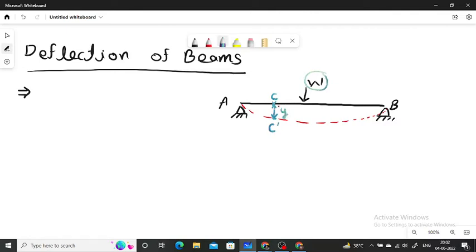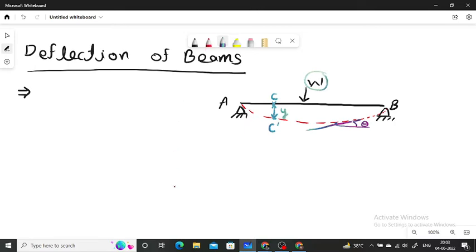Okay, deflection of beam. तो जब भी किसी बीम पर हम लोड अप्लाई करते हैं तो लोड अप्लाई करने से बीम में डिफ्लेक्शन प्रोड्यूस होते हैं और साथ ही साथ किसी भी पर्टिकुलर पॉइंट पर अगर हम देखें तो एक स्लोप भी जनरेट होता है. स्लोप इज द एंगल ऑफ द टेंजेंट फ्रॉम द पॉजिटिव एक्स एक्सिस. ओके,